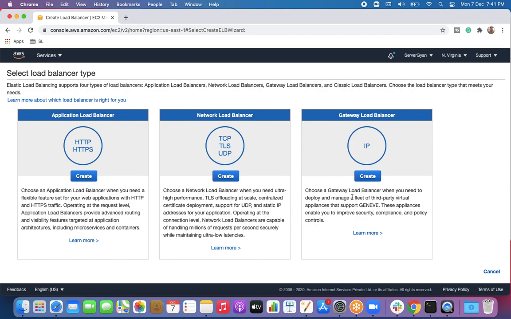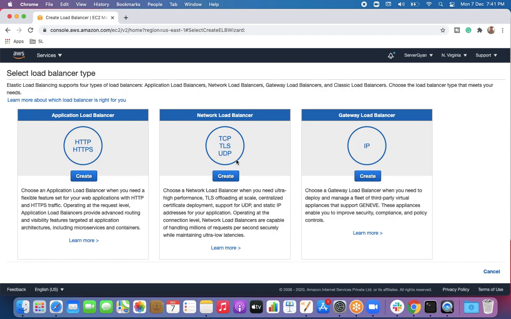What are the advantages of it? We are going to discuss that. But in the meanwhile, we should understand that if we are going to work with a layer 7 load balancer, that is application, and we have to manage our HTTP or HTTPS protocol, then we will select this one. If we have to work with the network load balancer, it means a layer 4 load balancer. At that moment we are going to work with TCP, TLS and UDP protocols, so we will select the network load balancer.